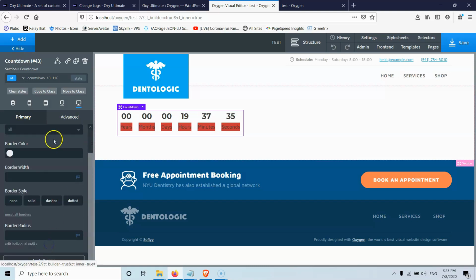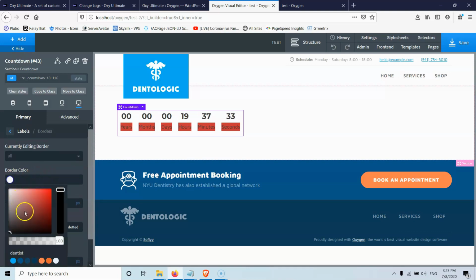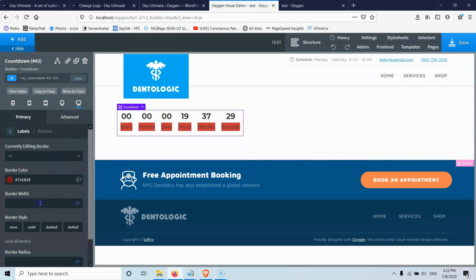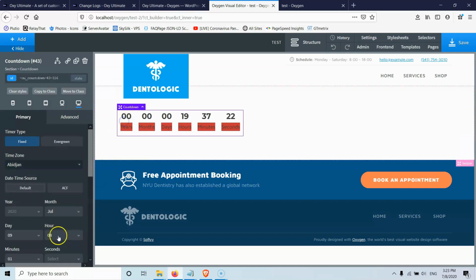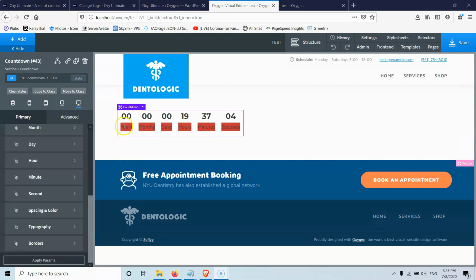We have the borders, and let's add some borders here, and let's go and add some width also. And I put the same color as the background for the borders of the labels.